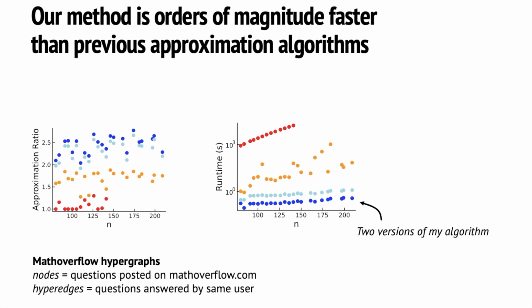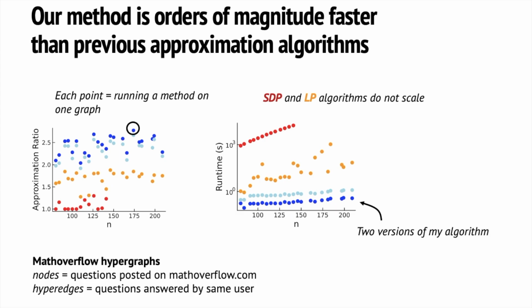two existing approximation algorithms. Each point in the plot represents running one method on one small hypergraph. The red and yellow points are results for two previous approximation algorithms based on semi-definite and linear programming relaxations. These have tighter lower bounds and better approximation ratios if they can be run in practice, but the problem is that they run out of time and memory very quickly for very small problems. The SDP algorithm already takes over 4 hours for very small problems, while our method easily terminates in under a second. The other methods also only apply to the simplest notion of hypergraph cut, which is being used here for